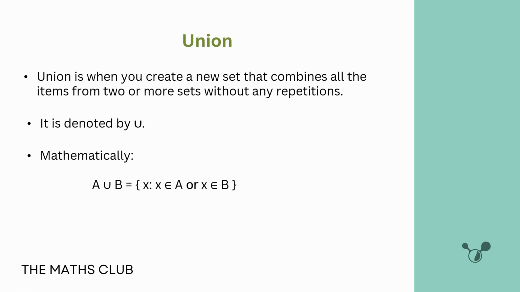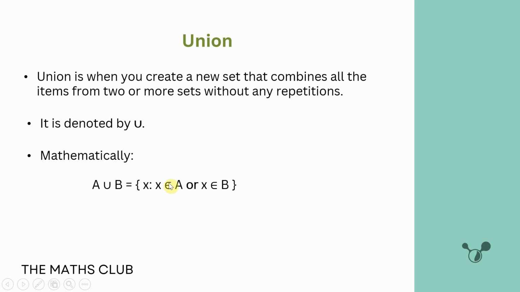So mathematically, how are we going to express this? When we have set A, set B, and the union between them, remember this notation from the previous video where I was talking about singleton sets. How do we read this? You read it as: the set of X, where the colon means such that. It means A union B is a set of X such that X is an element,